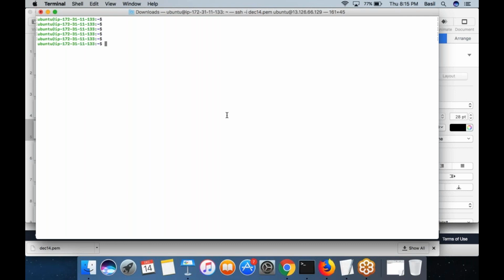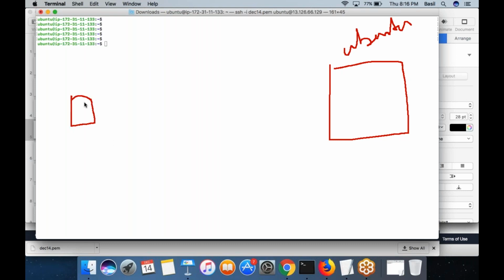Okay, so in case of your EC2 machine, in case of Linux, the situation is not different. When you want to log into a Linux machine, that's what you did right now using your PuTTY. You logged into the remote Linux machine as user Ubuntu. So by default, the EC2 machine that you have created in AWS will have a user called Ubuntu. So using your PuTTY on your laptop, you logged into this EC2 machine as user Ubuntu.